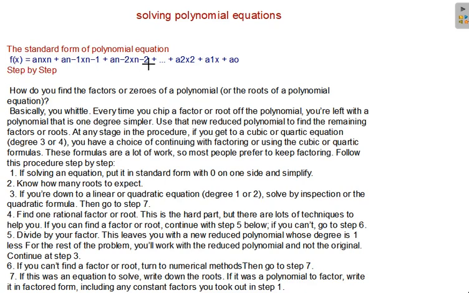Previously, we saw the standard form of polynomial equations, and solving polynomial equations means finding the roots or zeros of the equation, or finding the factors, where if r is a root, then x minus r is a factor. So finding the roots or factors or zeros or solving the equations are the same terminology. Basically, in the synthetic division